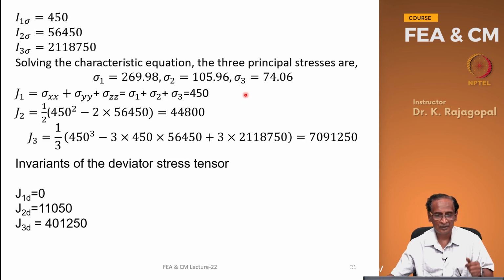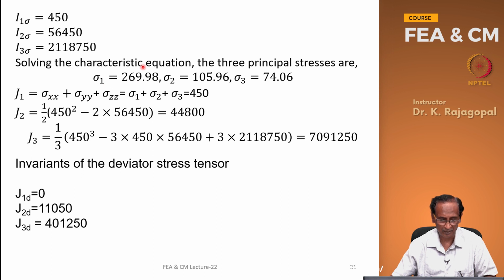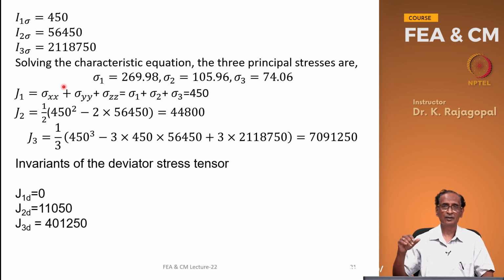computations. So, if you do that, sigma 1 is 269.98, sigma 2 is this, and sigma 3 is this. Sigma 1 is our major principal stress, sigma 2 is the intermediate principal stress, and sigma 3 is our minor principal stress. Okay. And J1 is the sum total of the 3 diagonal terms, sigma 1, sigma 2 and sigma 3,